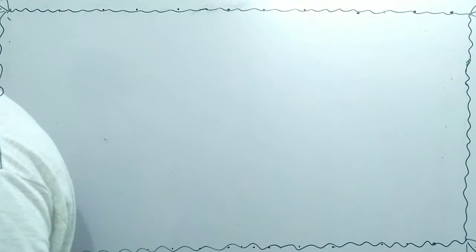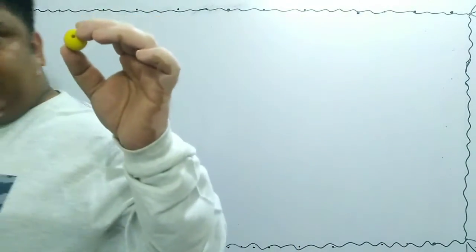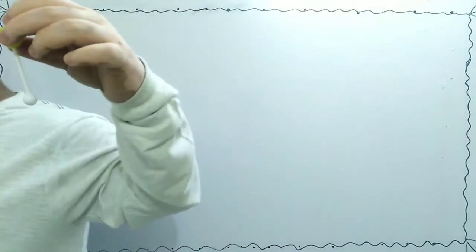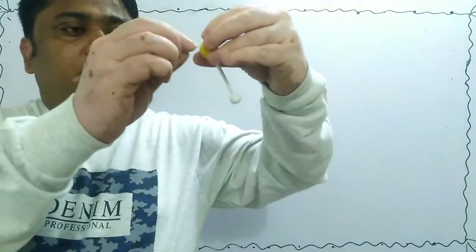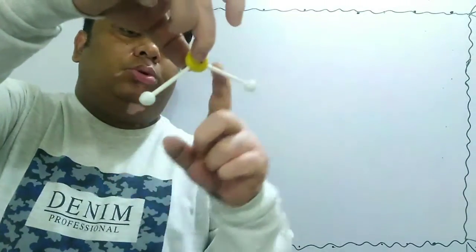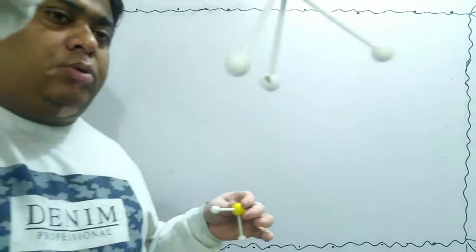Let us make water molecule. For making water molecule, let this be oxygen atom. If it is oxygen atom, then one hydrogen joins here and another hydrogen atom joins here. So it is a water molecule. This is H2O. What kind of structure is it? It is bent structure. Okay. So this is two-dimensional structure. It is a bent structure. This is a three-dimensional structure. Okay. It is trigonal bipyramidal.